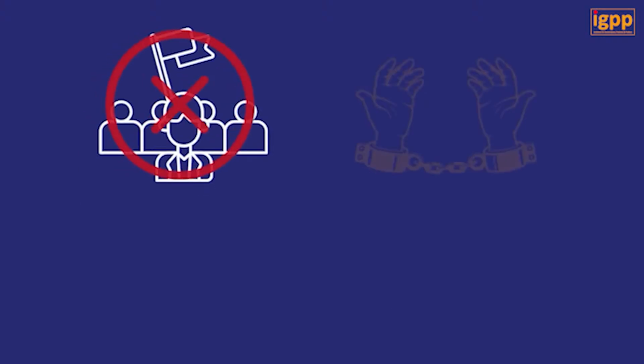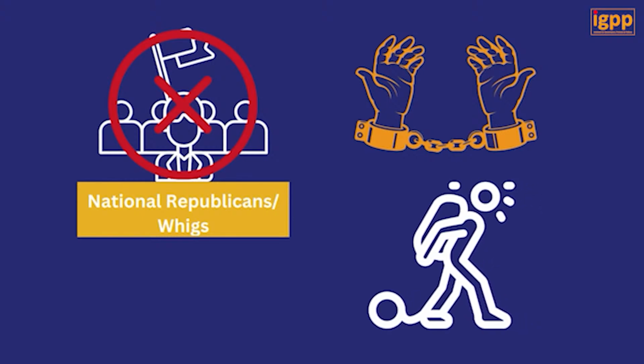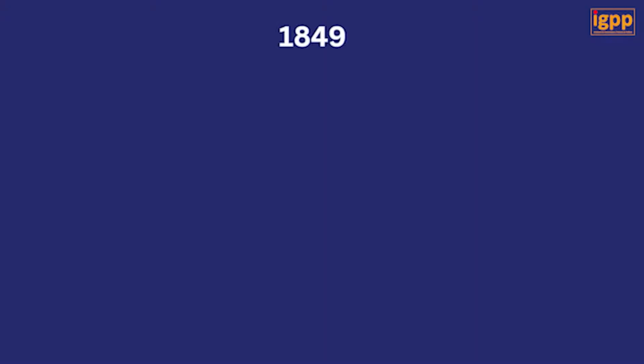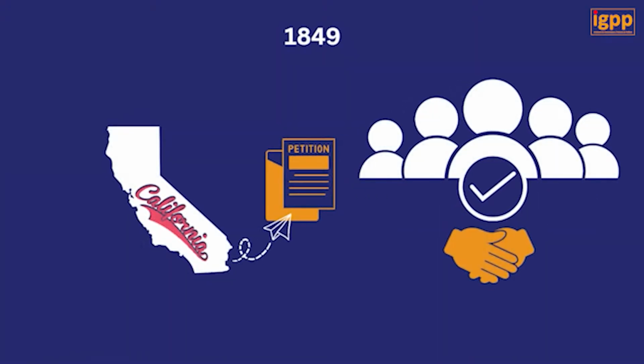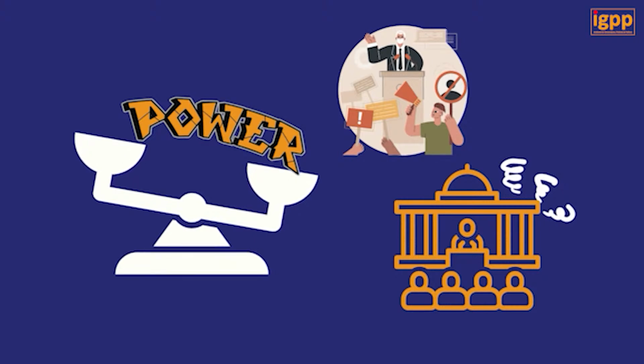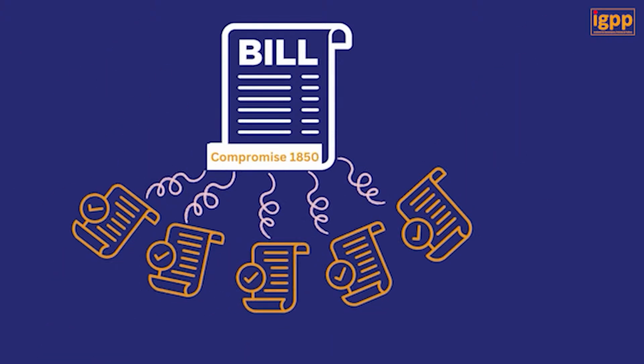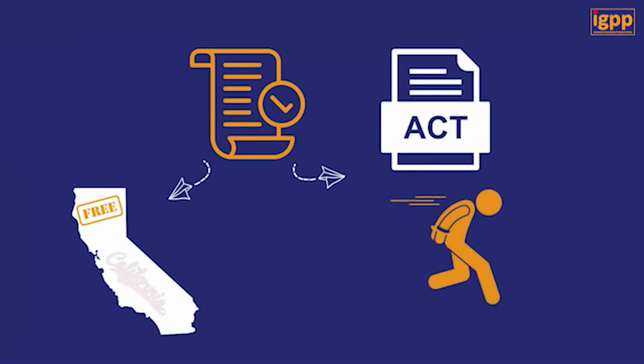However, we are aware that the Whig Party no longer exists, and it was the question of slavery that led to its demise. In 1849, California petitioned to join the Union as a free state, which threatened to upset the delicate power balance between free and slave-holding states. So was introduced the Compromise of 1850, a series of 5 bills which welcomed California as a free state, but also strengthened the Fugitive Slave Act that legally required northern states to prosecute and return runaway slaves.